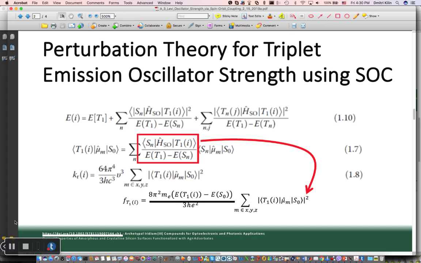So it's kind of saying if we compute the transition dipole moment for triplet to singlet, that's 0. So if we couple triplet to triplet, then we almost get 0 oscillator strength. But this is what I have thought from what they're saying. So this is saying,